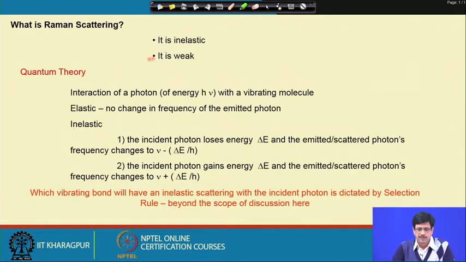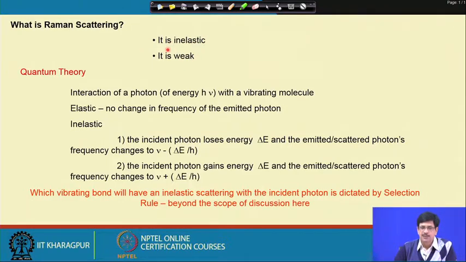So Raman scattering, as we all know, is inelastic scattering, meaning the interaction of the electromagnetic energy with the bonds of the molecules happens in such a way that the incident electromagnetic energy either loses or gains energy, in contrast to a perfectly elastic scattering in which the incident electromagnetic energy neither loses nor gains in its energy and is emitted at the same wavelength and frequency.